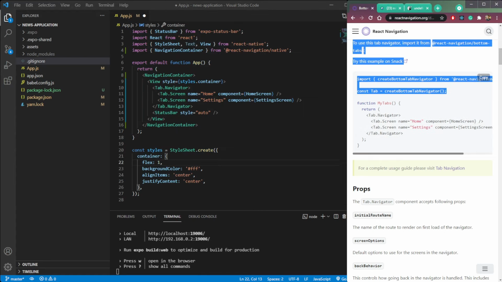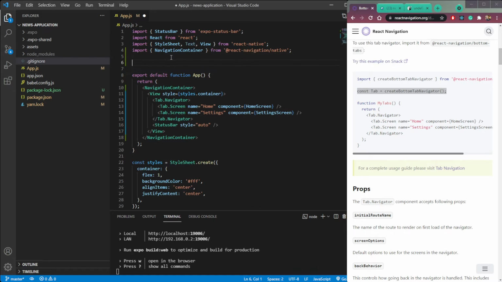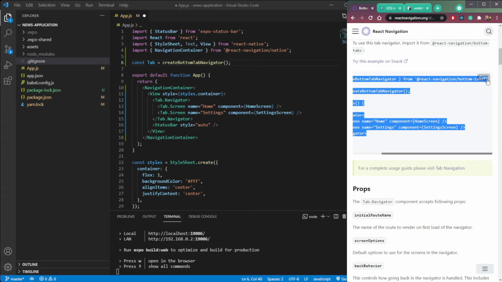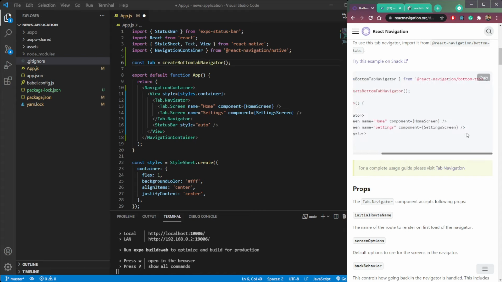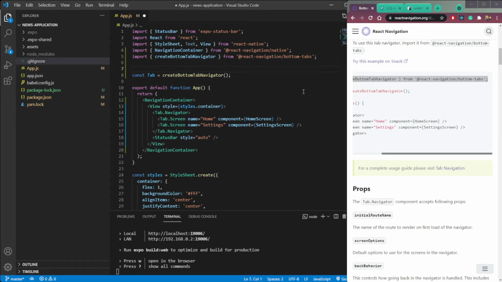We also need to import it. So first import const Tab and create bottom tab Navigator from React Navigation bottom tabs. So let's copy it and paste it here. Save the file.